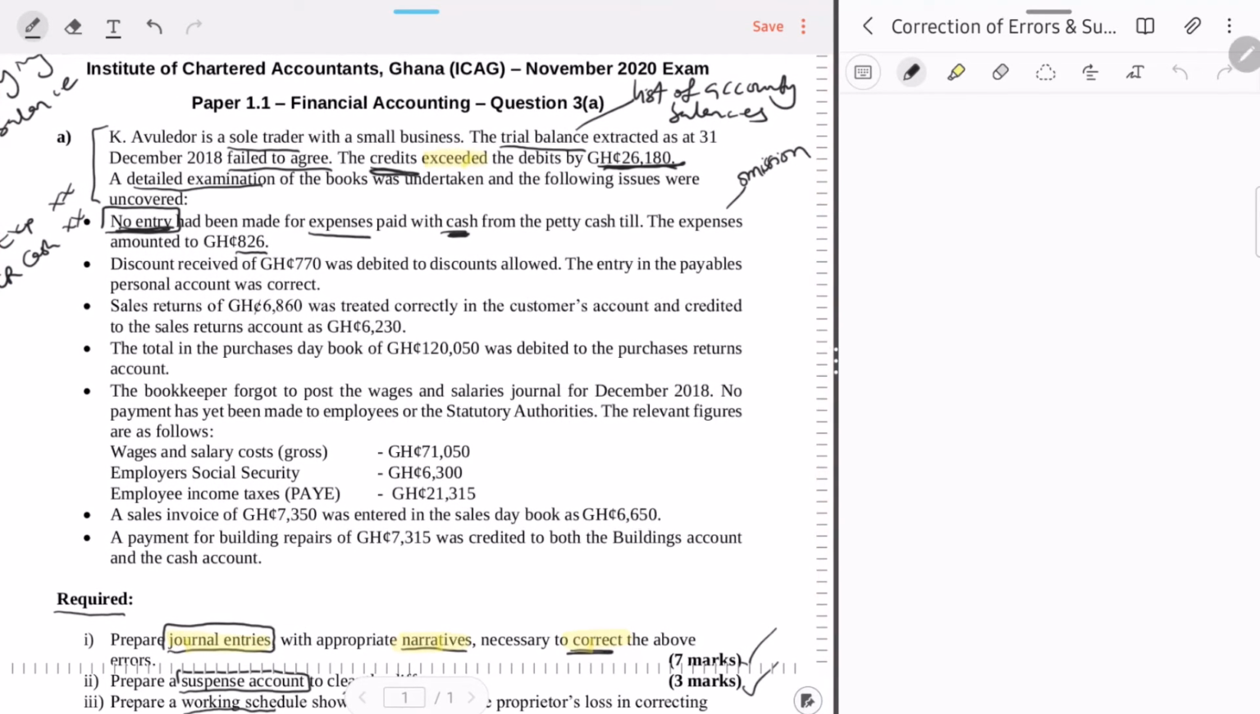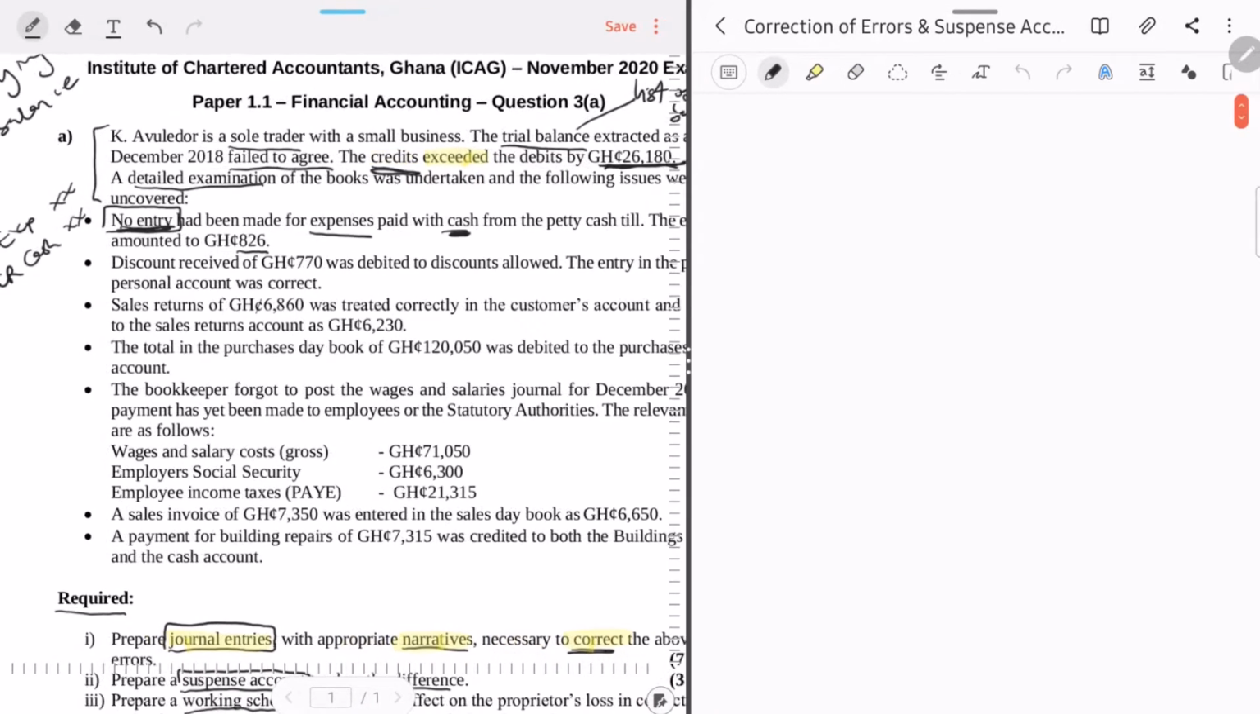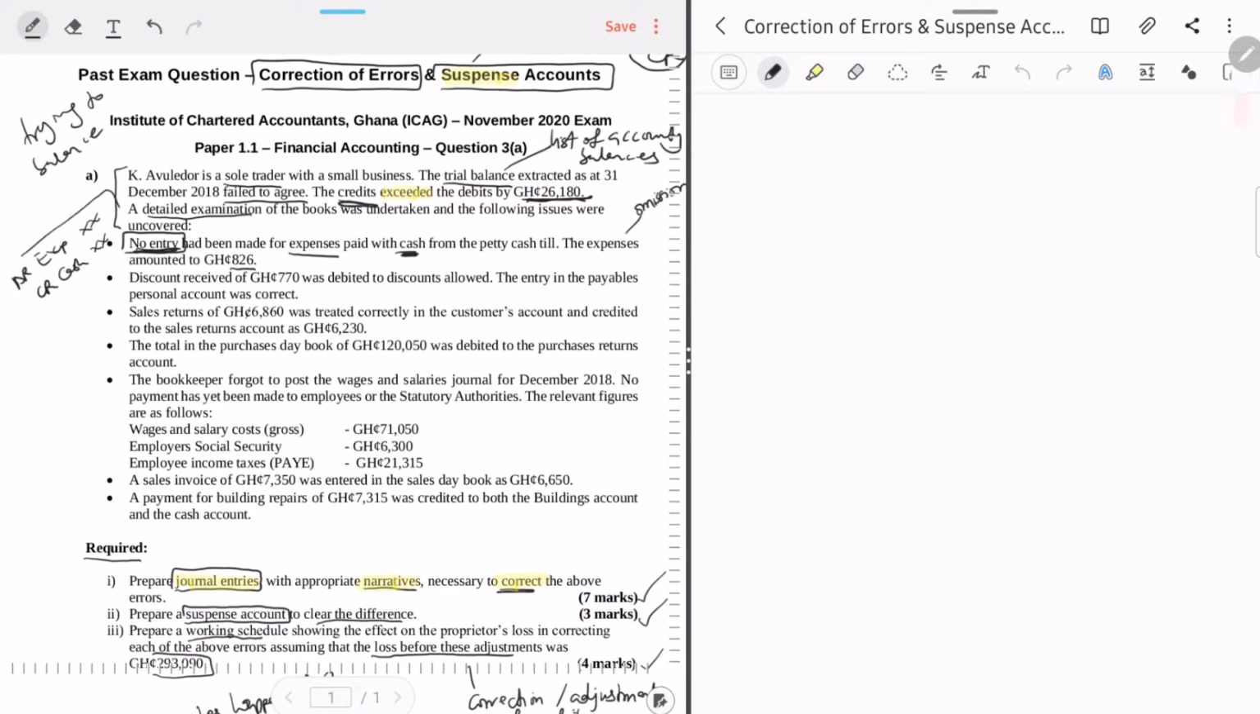So all I need to do now is, they are saying this thing I've written here hasn't been done. So all I need to do is to do it, right? So the first task is to prepare journal entries to correct the errors. So these are my journal entries. Okay, so typically journals will have two sides. They'll have a debit side and then they'll have a credit side. So the first one,